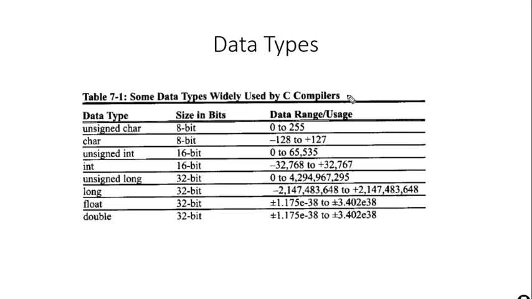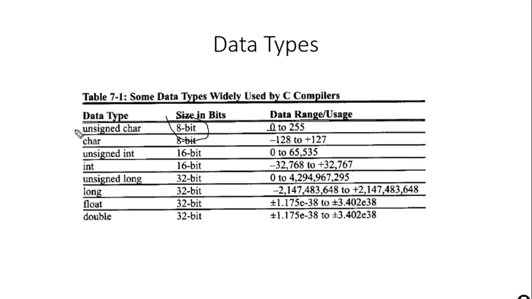So let's look at this table, which describes its data types. An unsigned character has a size of 8 bits, and since its size is 8 bits, its value ranges from 0 to 255. So for any operation that we need to perform, such as reading from a port and writing to a data port, the IO port, an unsigned character is enough, because the registers that we have are also 8-bit and the ports that we use are also 8 bits wide.